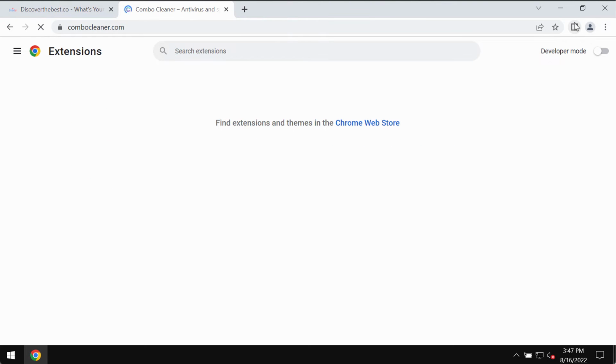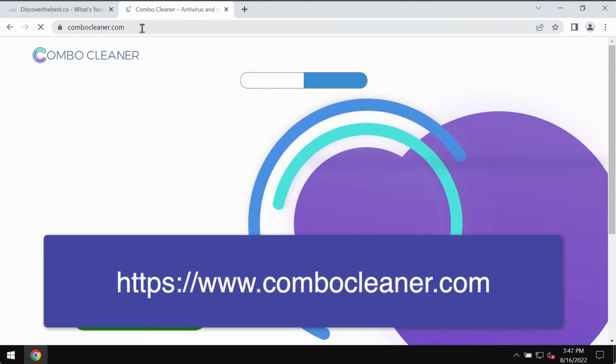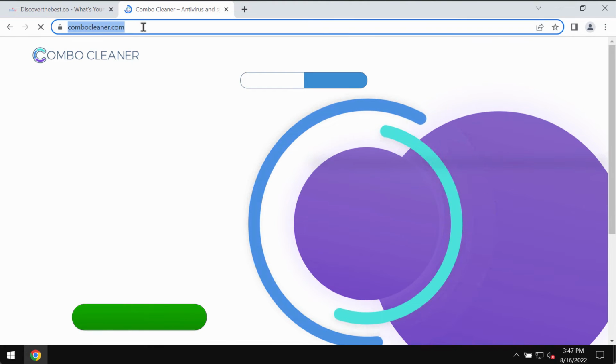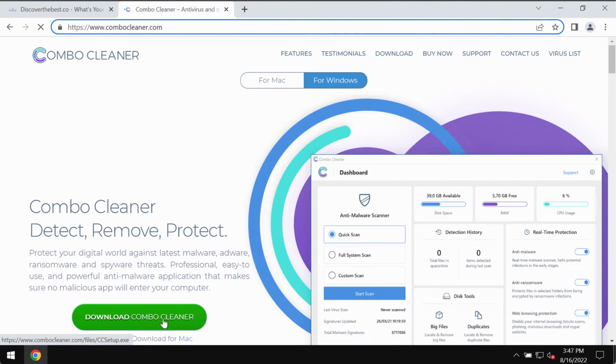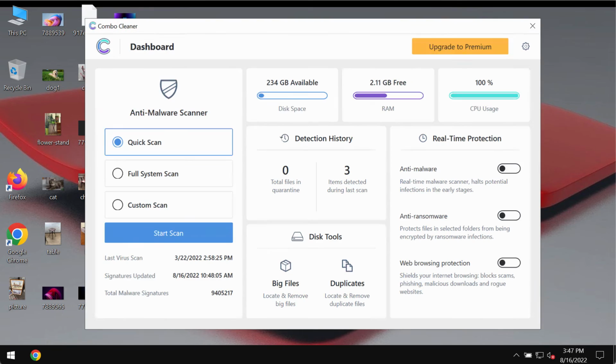In order to make sure that your computer is free of other threats, which could be possibly hidden, I would recommend investigating it with Combo Cleaner Antivirus. Please get it on the official website combocleaner.com, use this green download button, install the application, and begin researching your